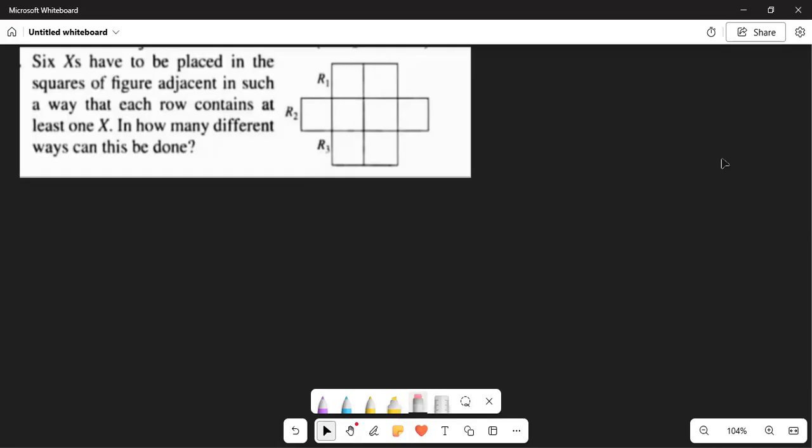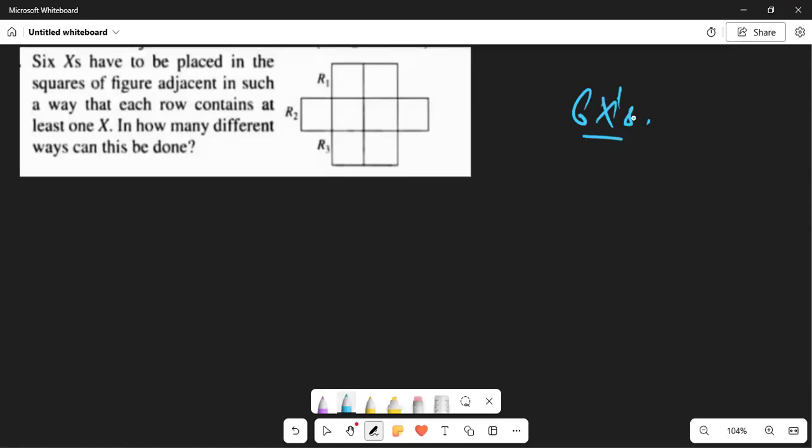In this video, we'll be discussing a question of JEE Advanced, which is from the topic of permutation and combinations. So the question says that you have 6 x's, the letter x is 6 times, and you have to place these x's in this figure, in each square, such